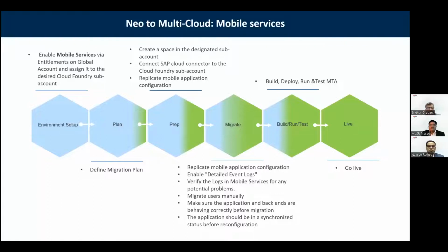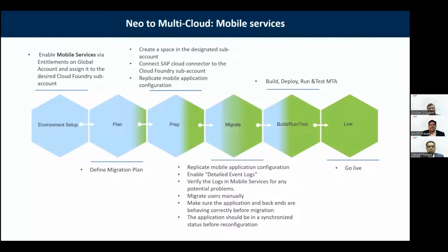So in the overall journey, there are certain things like legacy system migration objects, like the MBOs and MOVs, that cannot be migrated to the CF mobile services. And even in offline scenarios, we have a couple of challenges with unsynchronized models and the offline aspect. So there are certain challenges compared to Neo, but mobile services as part of CF